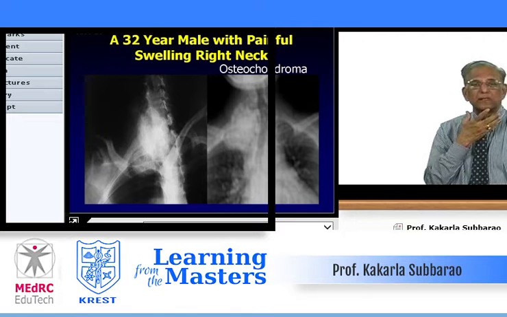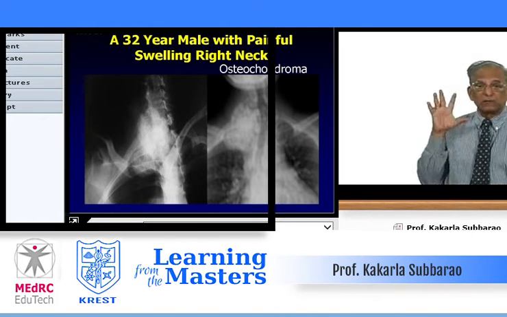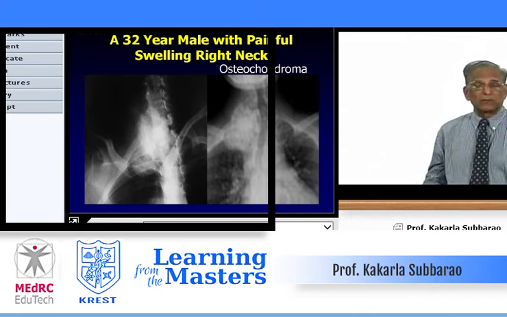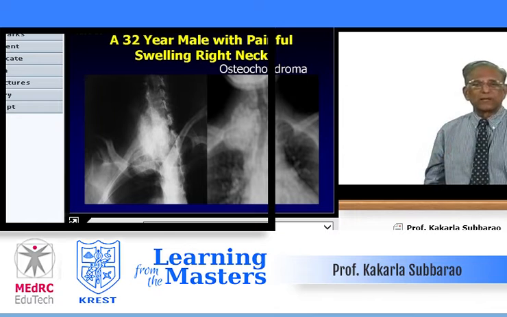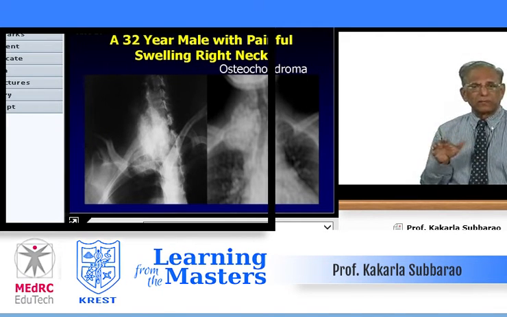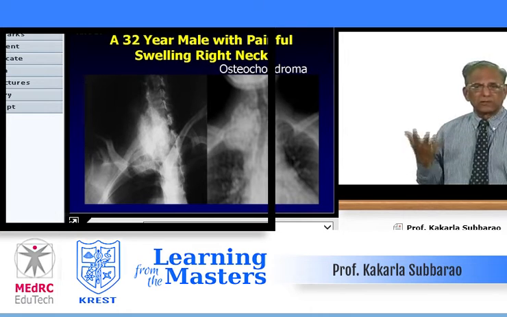First they thought clinically there is a thyroid swelling, but it's unilateral, it's hard. And radiologically it is classical of an osteochondroma. Only thing, because of the big mass, you may write chondrosarcoma, but there is no big soft tissue swelling. You can say chondrosarcoma only if the calcifications are dispersed, not arranged in a localized way. If they are dispersed, peripherally displaced with a soft tissue mass, then you can think of a malignant chondroid lesion such as chondrosarcoma. This is a simple osteochondroma. You may not see the first rib clearly, but you can say it is osteochondroma.